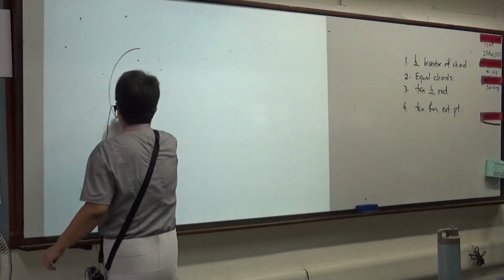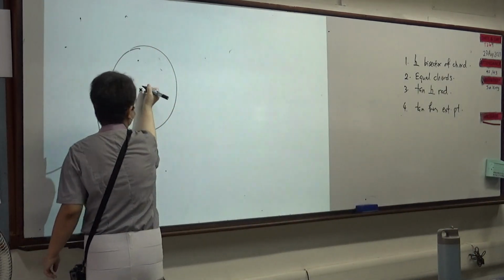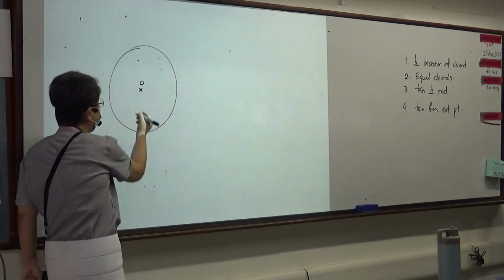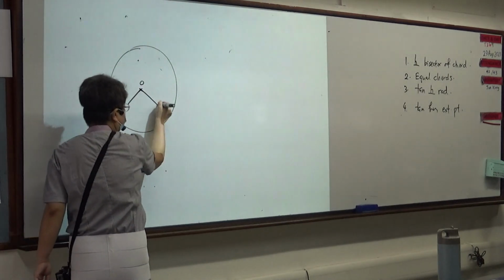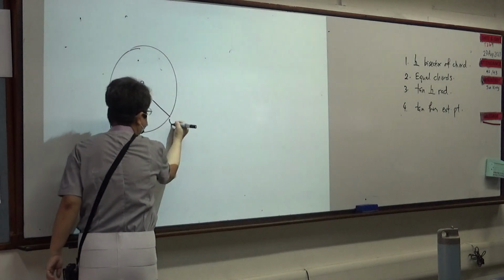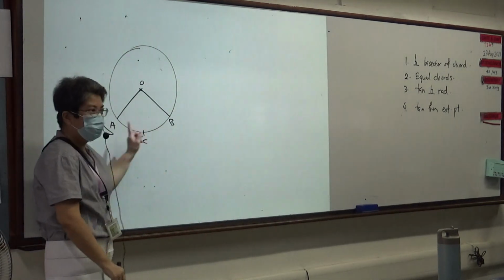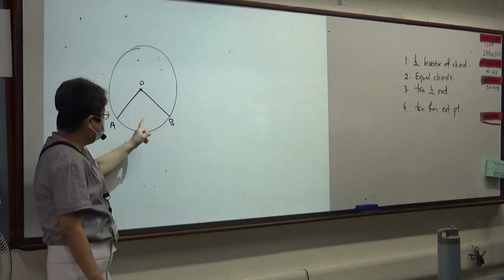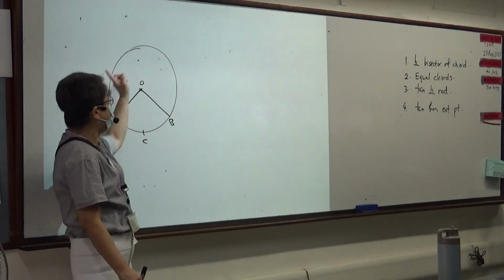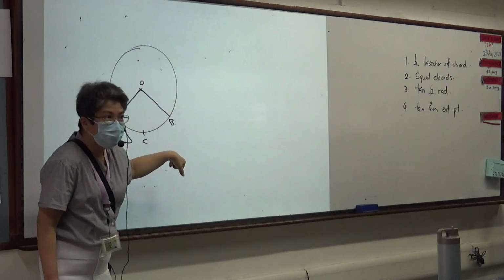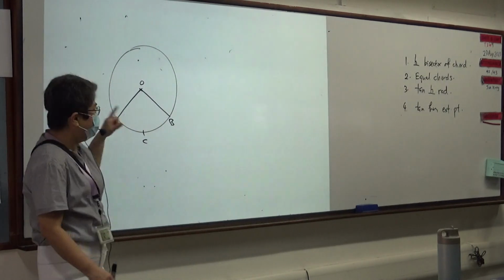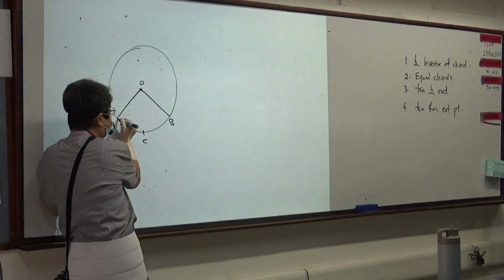If I have a circle and I have a center, now I join the radius like that. A, B. Now usually when I call an arc, I will call it by three letters. A, C, B. Because if I call A, B, it can be the minor, it can be the major. Can you see what I'm talking about? Yes or no? Okay, now, can you see this arc here